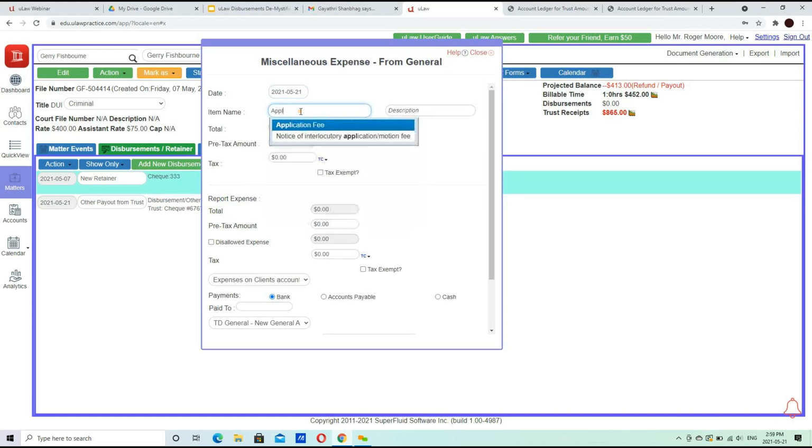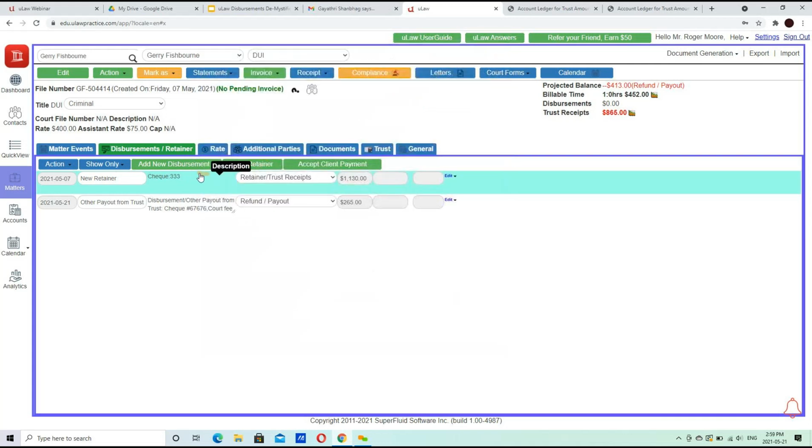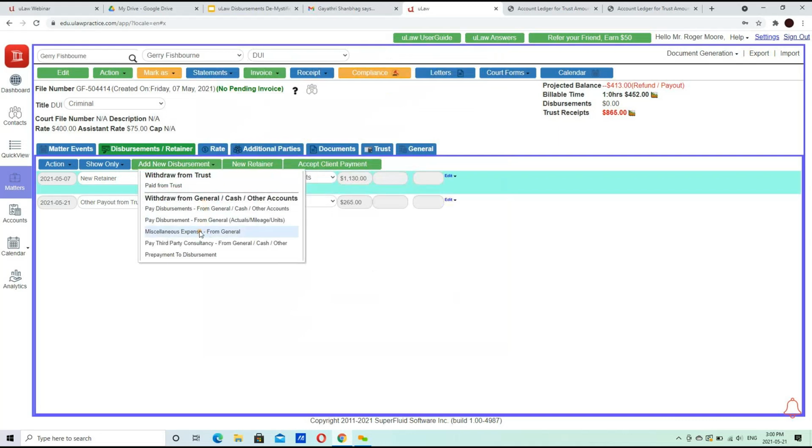I could say I used my vacation fee of $365. Now, for purpose of the demo, I'm going to say tax exempt, but this could be anything. And this could be a fax, a photocopy, right? This could be any different type of disbursement.